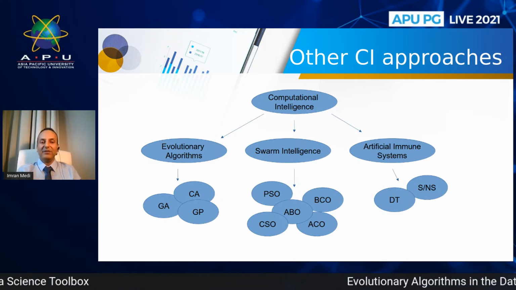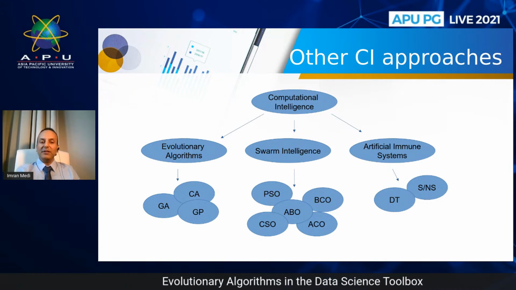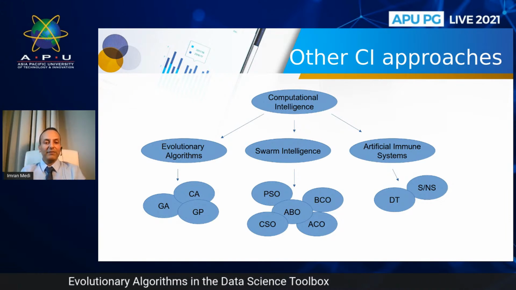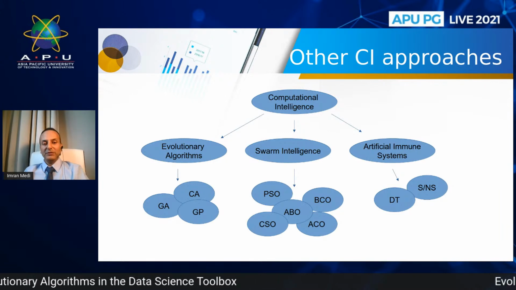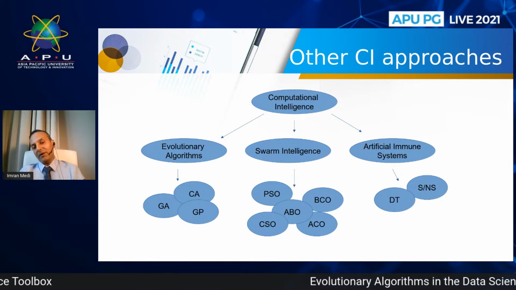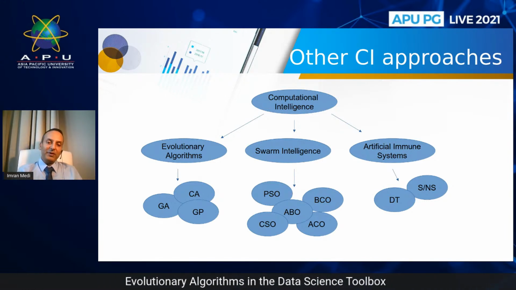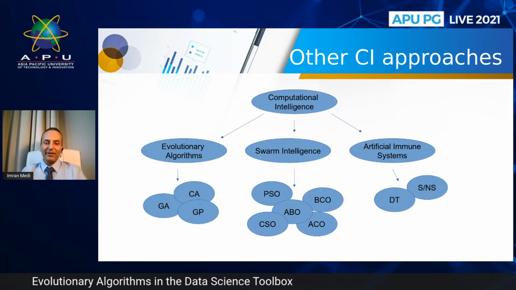So we can have a collective, a group of individuals. Each individual has a degree of agency to do certain things. And through that particular approach, we can identify optimal solutions. So there's particle swarm optimization, ant colony optimization, African buffalo optimization, bee colony optimization, cat swarm optimization, and so forth. Okay, and so there's a lot.